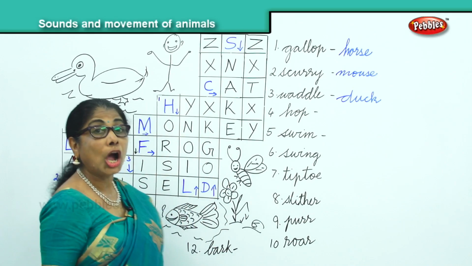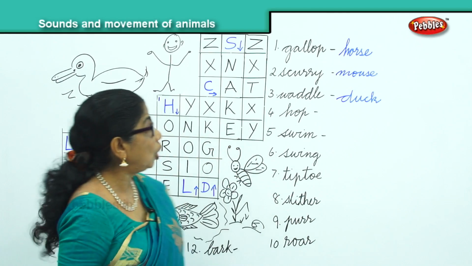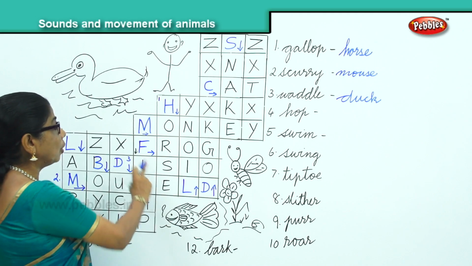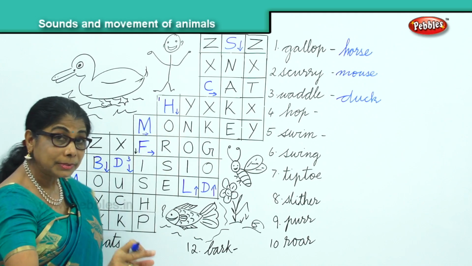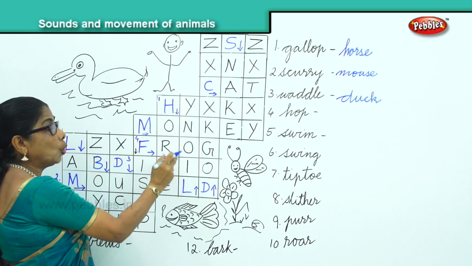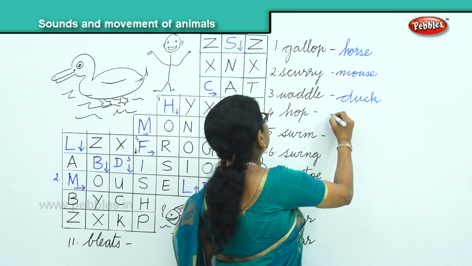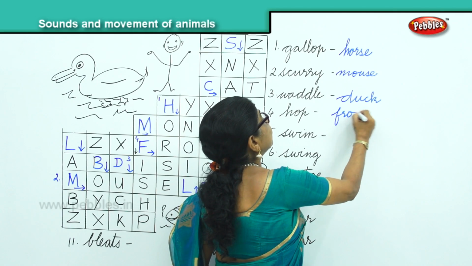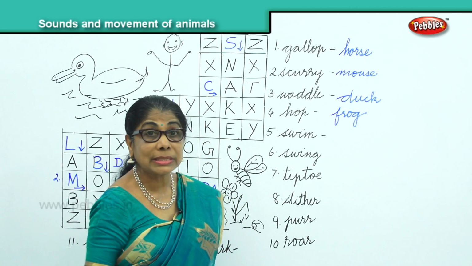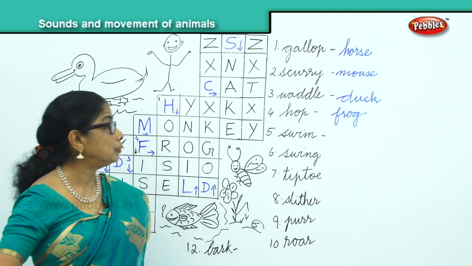And the next we have hopping. Who goes about hopping, hop, hop, hop from one to the other? Who goes hopping? A frog. He hops. He jumps from one place. Number 4, a frog. F-R-O-G. A frog hops. Can you hop like a frog? So horse gallops, a mouse scurries about, duck waddles, and a frog, he hops from one place to another.